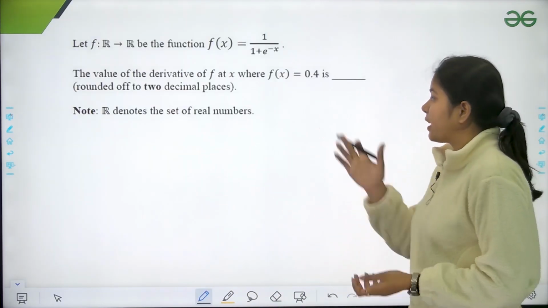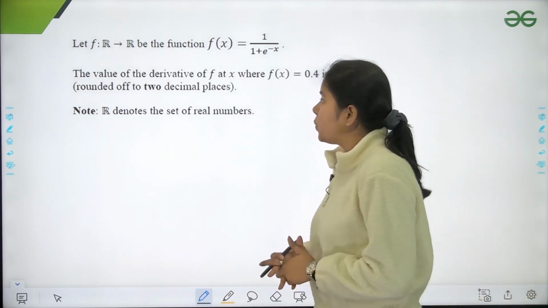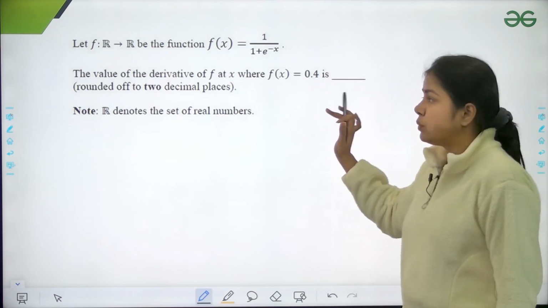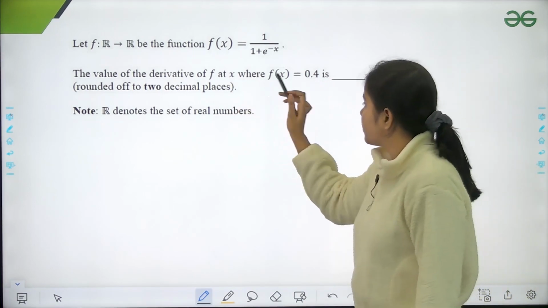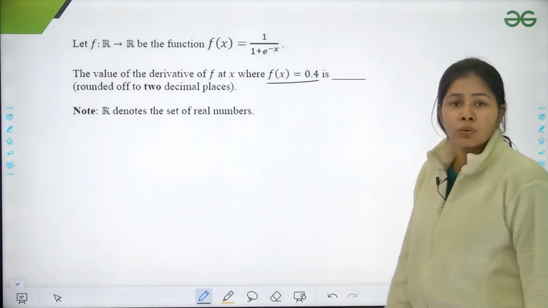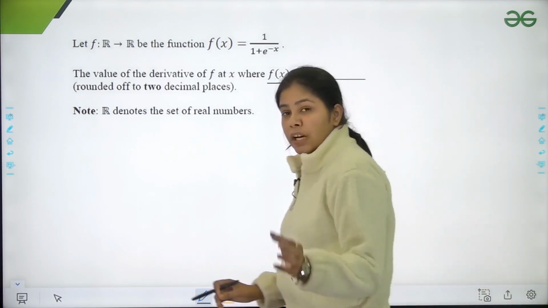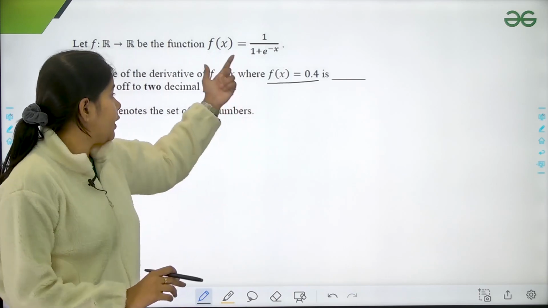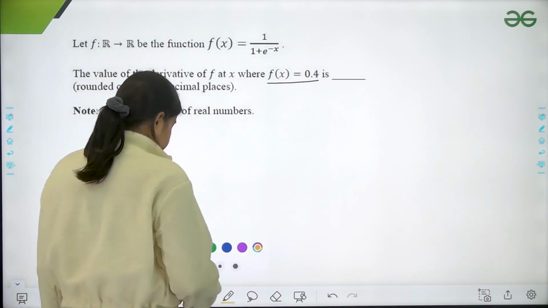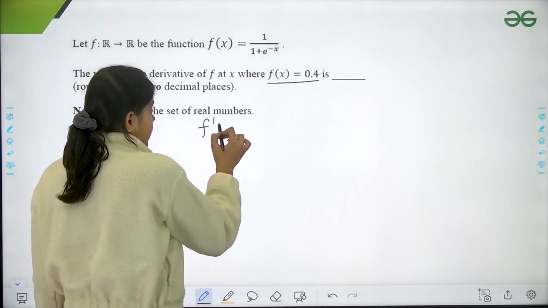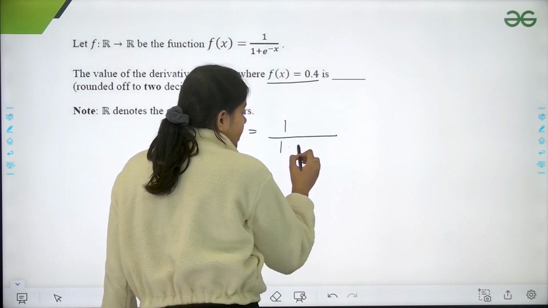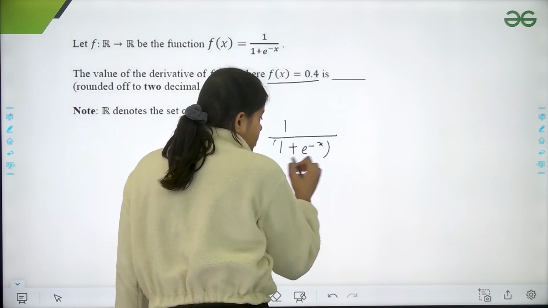So the question here is: f is a function from real numbers to real numbers, defined as 1 upon 1 plus e to the power minus x, and they ask me to find the derivative of f(x) where f(x) equals 0.4. That means where the function takes the value 0.4, we have to find the derivative. So let's first find the derivative of the function, f dash x. I'll use the derivative rule, 1 plus e to the power minus x whole square,